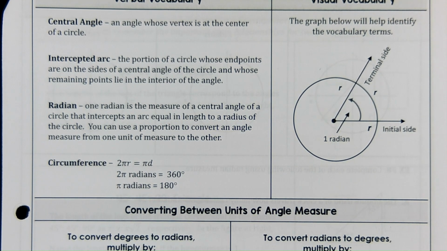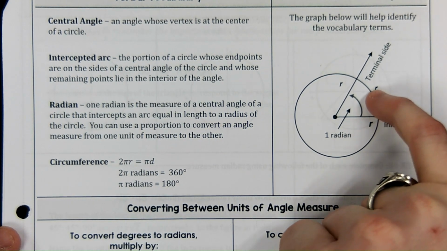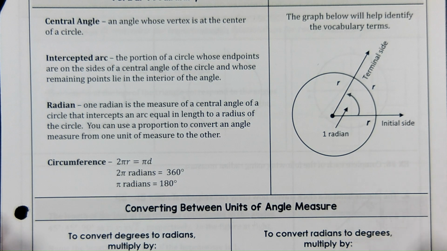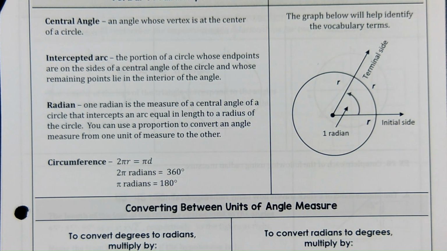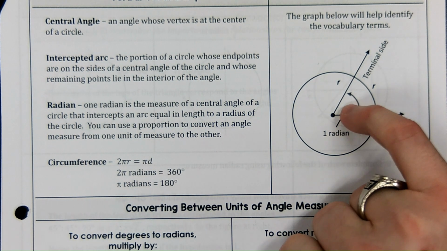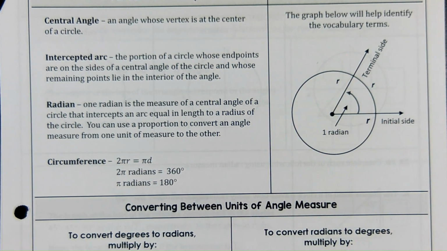And half of tau is pi. So as it turns out, there are 2 pi of these objects that will fit around this circle. Again, pi is a number, so if you say 2 pi of something, you're saying a little bit more than 6.28 of them fits around this circle. Regardless of the size of the circle, there's always 2 pi radians, 2 pi of this angle within the circle,